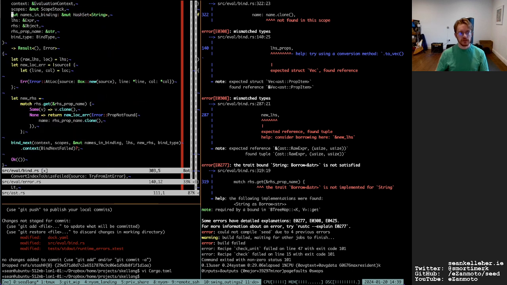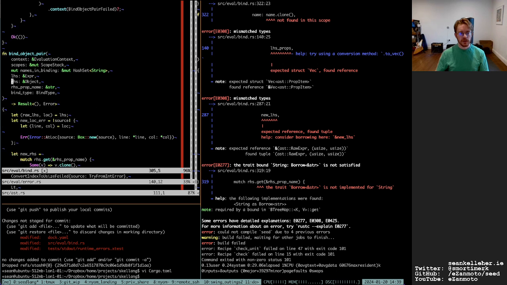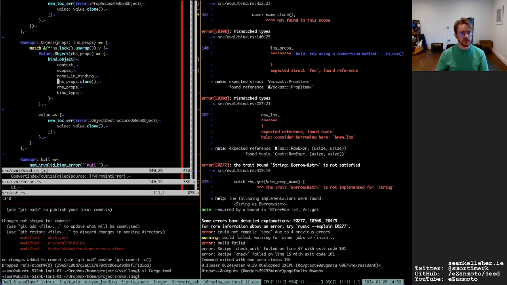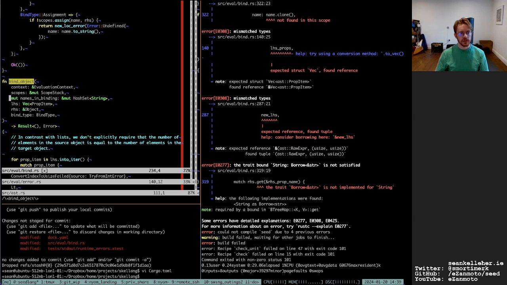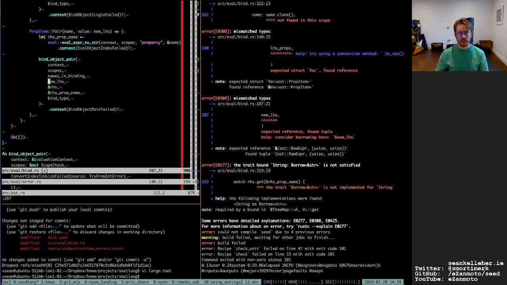Do I need to take a vector? So on line 140, let's see. Yeah, so when calling bind object, surely I can do that. And 287, let's see. The new left hand side expect a reference there as well.